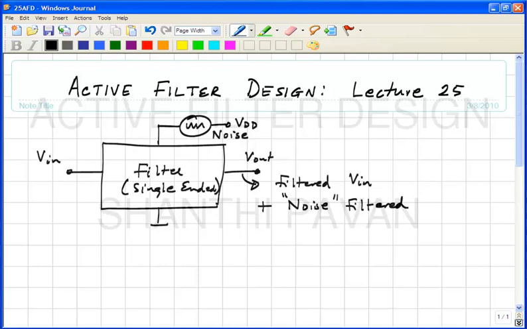But you would have seen most dominantly that the output consists only of the input frequency and the frequency of the noise in the supply voltage. The mixing terms would have been much smaller than either of these terms. So to first order, you can say that the noise on the supply, through some other transfer function, is coming to the output. Now, is this a good thing, do you think, or bad thing? Why is this bad?